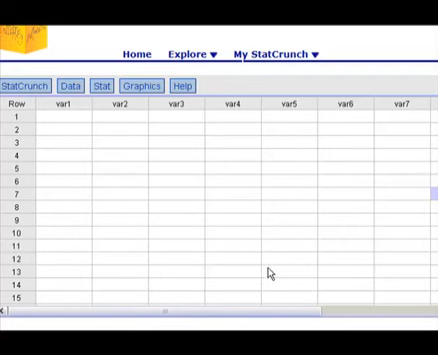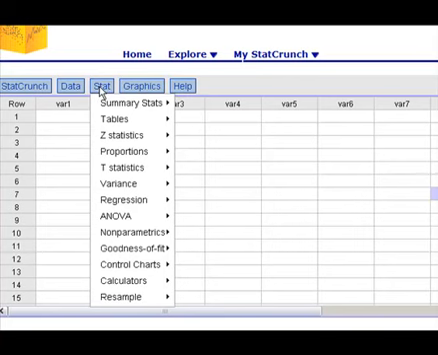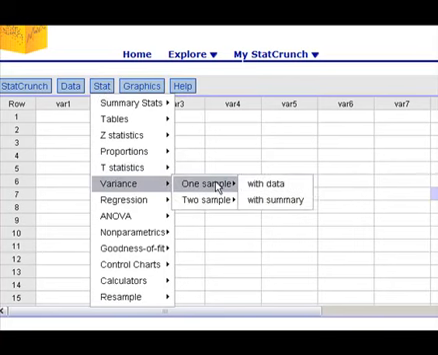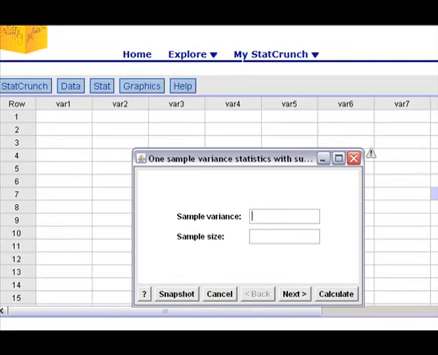What if we had not been given the raw data, but rather the summary statistics? That is, we had been given both the average and standard deviation for the battery life of both brand name and generic batteries. In this case, we would go under Stat, T-statistic, two sample, and this time we don't have the data, but we have the summary statistics. They want us to enter the sample variance,